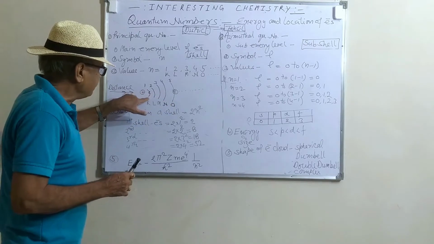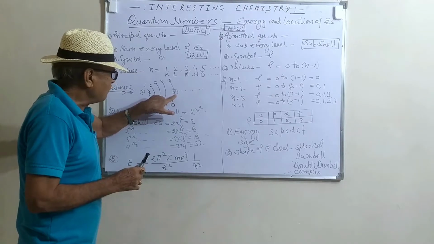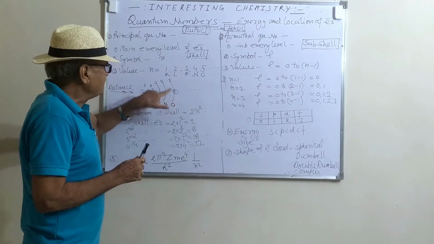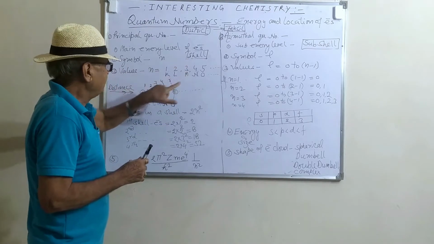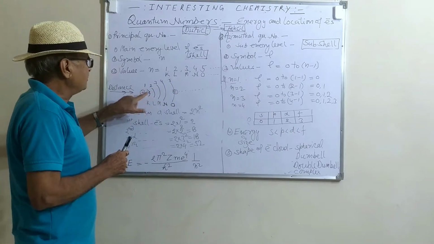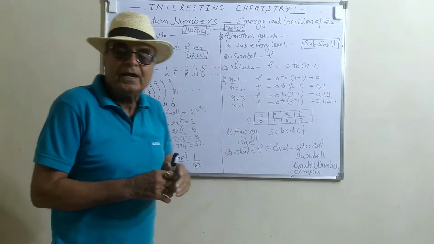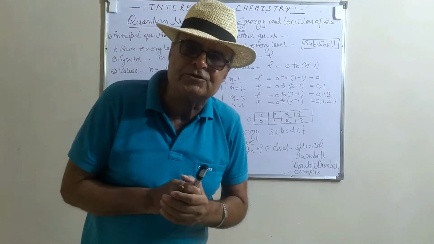The energy of the electron of the fifth cell is greater than the energy of the electron of the first cell. As the distance increases,